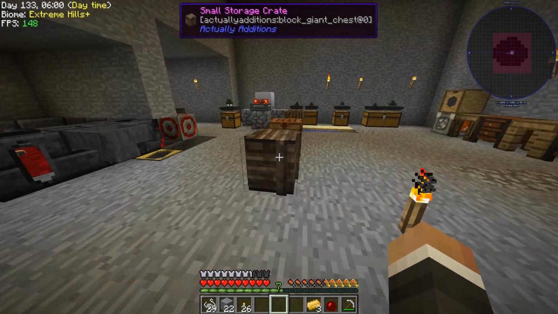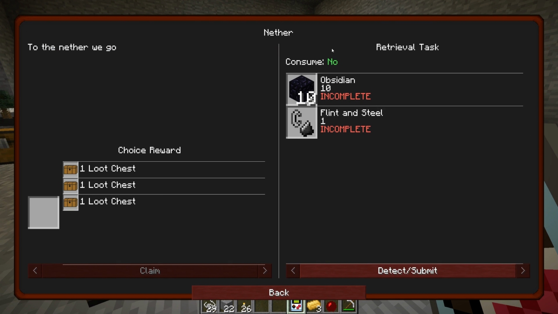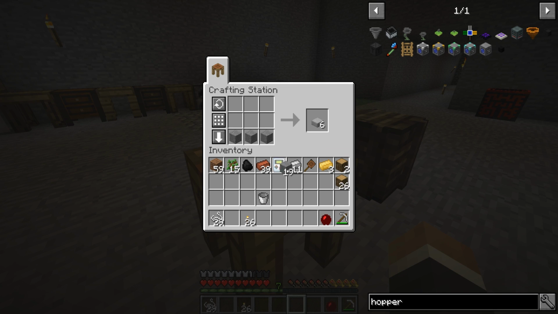But if we open up our quest book, which I believe I left off in our small storage crate here, I'm fairly certain that there is a quest for the nether, and so whilst we're at it, we might as well look towards maybe making 10 obsidian, although as I say that, I realize that we don't have lava automated, and so that might be a little bit more difficult than I make it out to be, but...